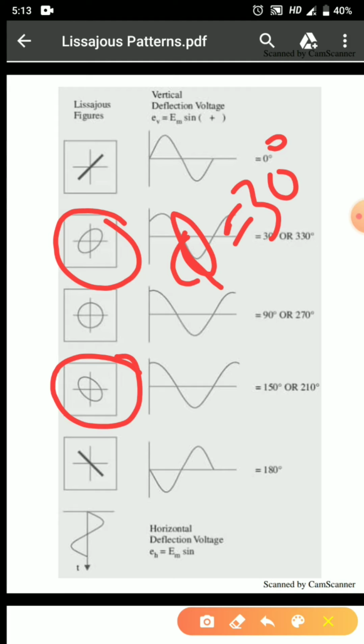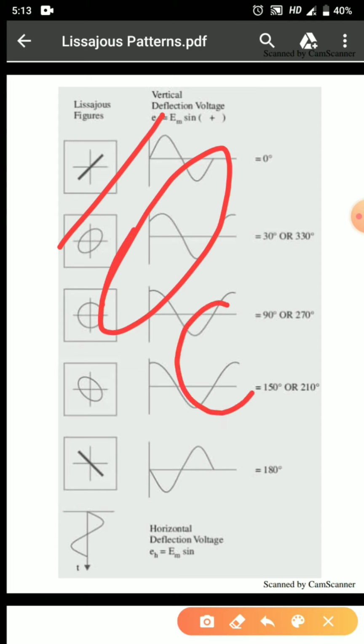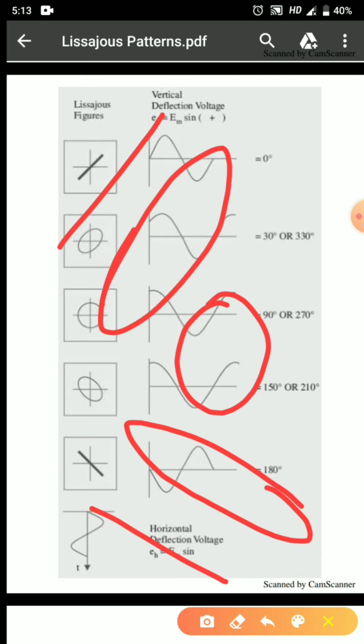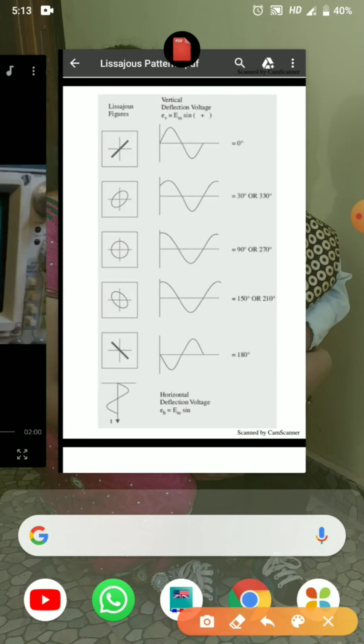Now one thing that we can clearly understand here is that as the signal, as the phase difference is moving, we can see the direction it is moving. Now in the first figure we can see that a straight line is formed in this manner, an ellipse is getting formed in this manner, then a circle is coming, the direction of the ellipse is changing and the direction of the straight line is also changing, that is, moving from 0 degree to 180 degree. Now for the purpose of understanding this, let us go for a video.